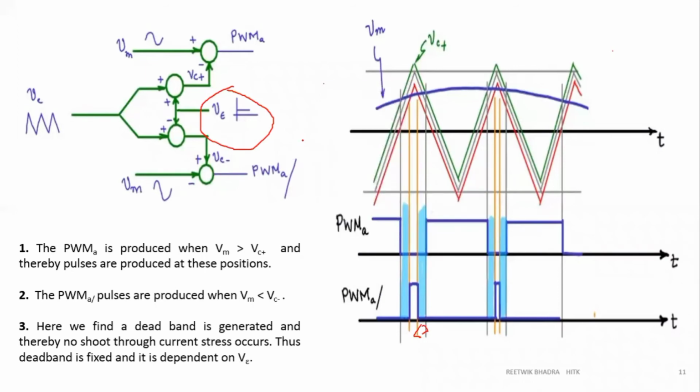If you know MATLAB simulations, you can simulate this also and check how it is happening. You use Simulink in MATLAB and try to perform this and check whether these waveforms are coming or not. You take a triangle. I told you how to choose frequency. You can see a signal generator in MATLAB. Generate a triangular wave, generate a sine wave, use a comparator, compare it and give it to a scope. Then you can get this result.